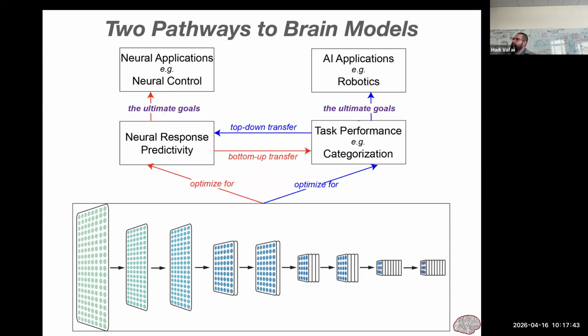But because it actually is constrained by very tough, strong behavior, the blue path works well. When I first started in this game, I wasn't sure whether the blue or red path would be the right way. So in my initial work, we did both, and I found the blue path was better, so I mostly went down the blue path. But in my original work I did both, and it's in the papers. I call it the blue path because the dots were blue, and in that original figure the other dots were red. So that's why I've always thought of it as these two paths. But of course, what you really want is purple, and this is actually what people are going to end up doing.